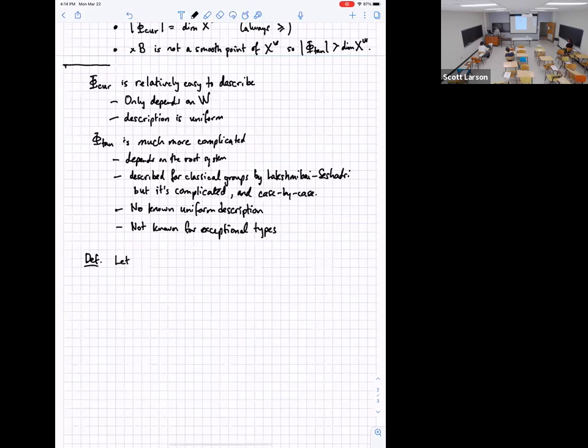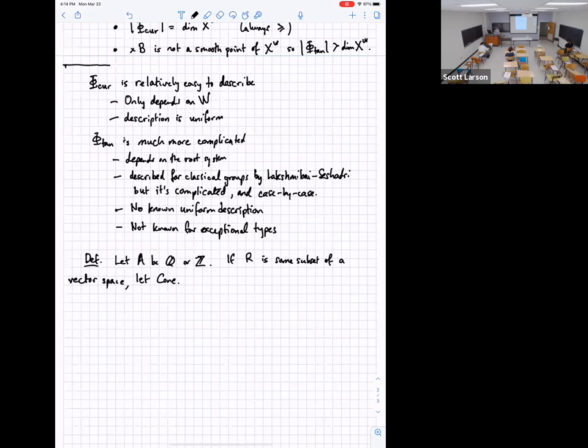So let A be either Q or Z. Because for simply laced types everything is true with Z coefficients, but for non-simply laced types we have to go to Q coefficients. So the results with Z coefficients will be stronger actually. But anyway, so if R is some subset of a vector space, or whatever field you like,